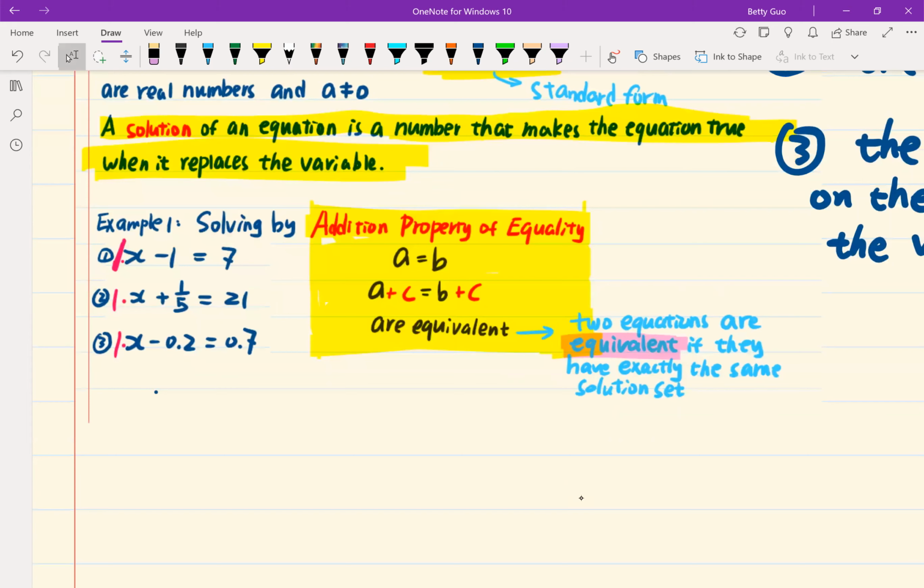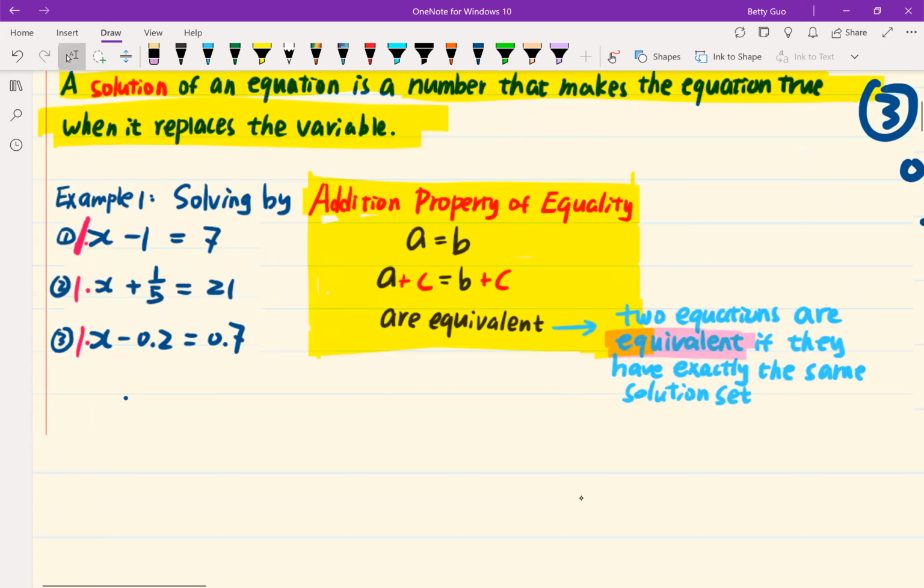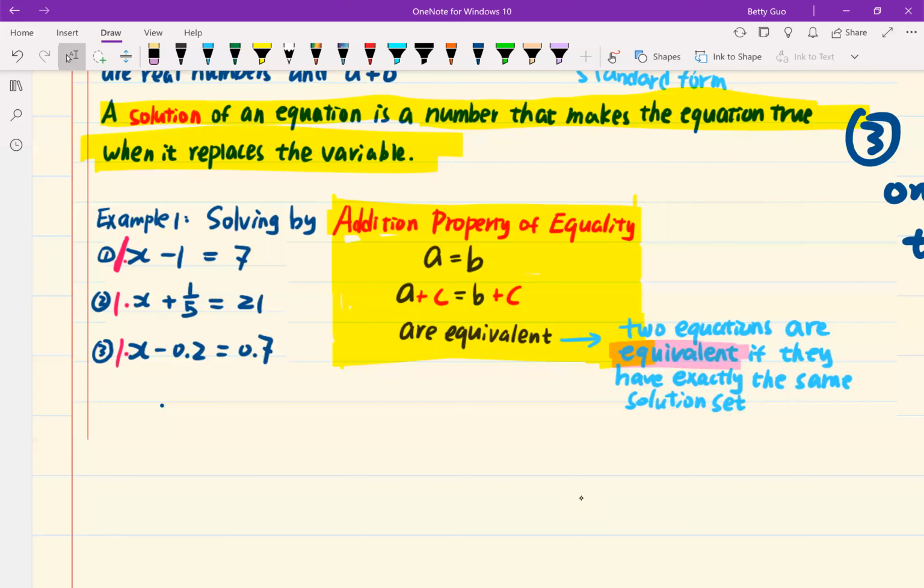Solving a linear equation in one variable is the process to find the solution or solutions for the equation. Now, how do we define a solution of a linear equation in one variable? Let's look at the definition here. On the top, a solution of an equation is a number that makes the equation true when it replaces the